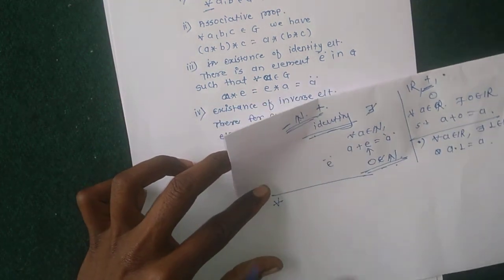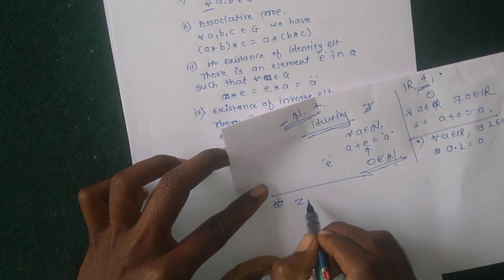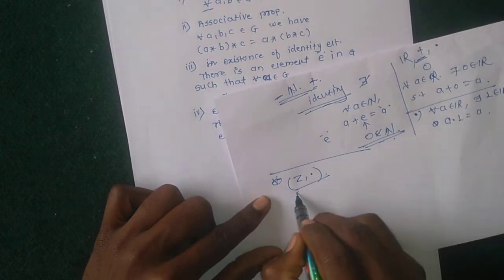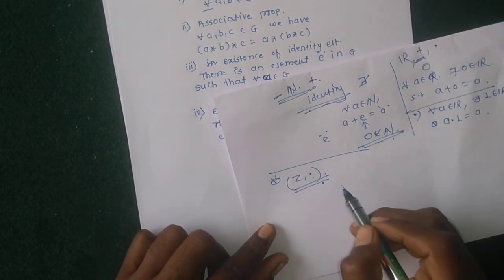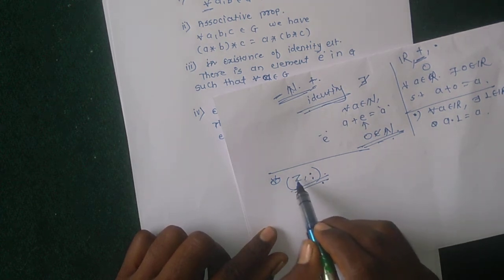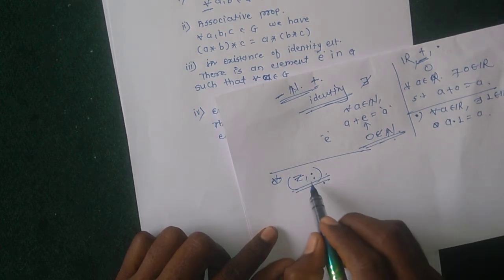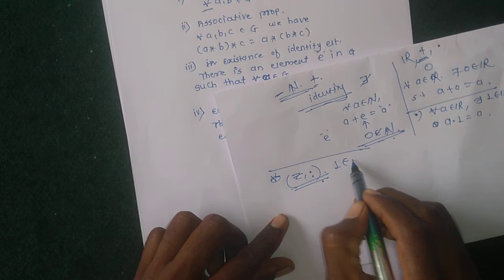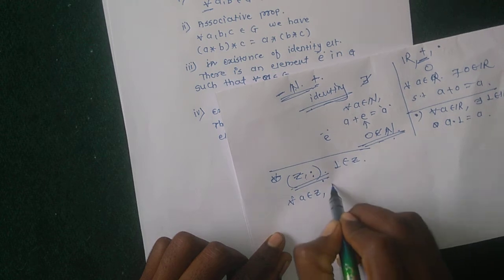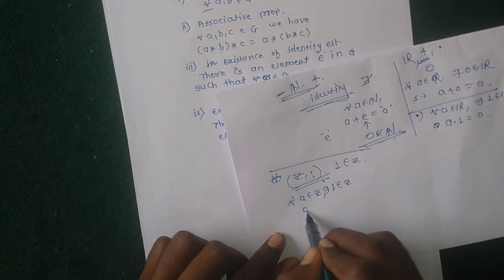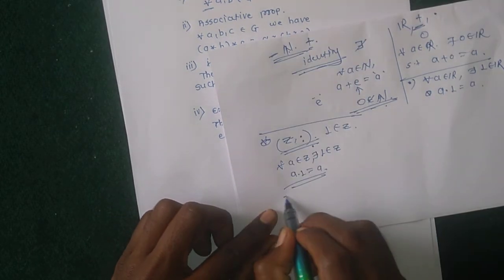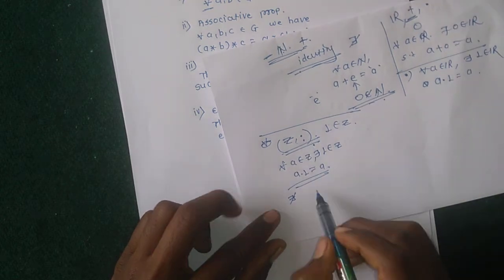Here suppose we choose any set, suppose Z with respect to multiplication. Z is closed under multiplication, associativity also holds in the set of integers Z, and the identity element 1 also exists in Z. It means that for all A belonging to Z, there exists 1 belonging to Z such that A times 1 equals A itself. But in the set of integers Z, there does not exist an inverse element of A.